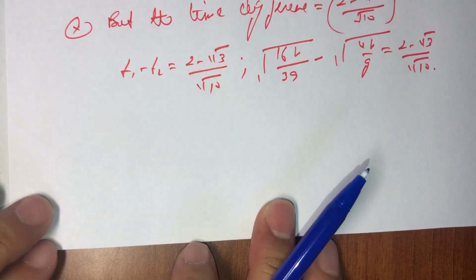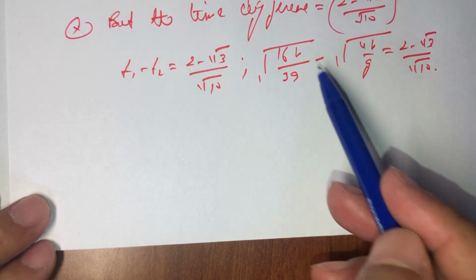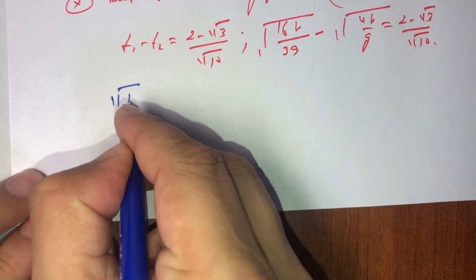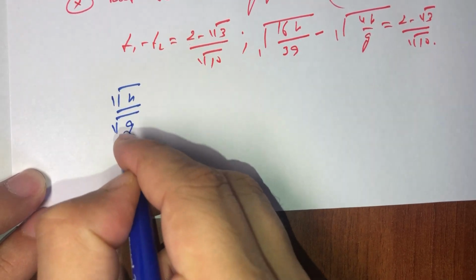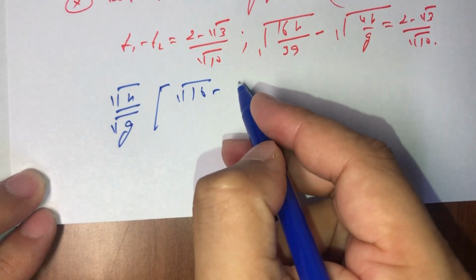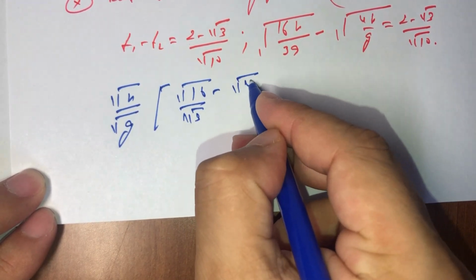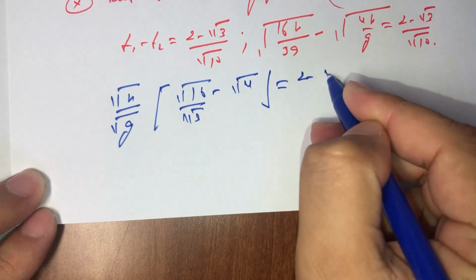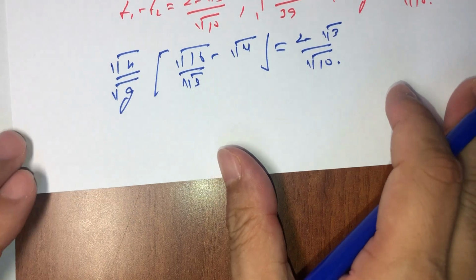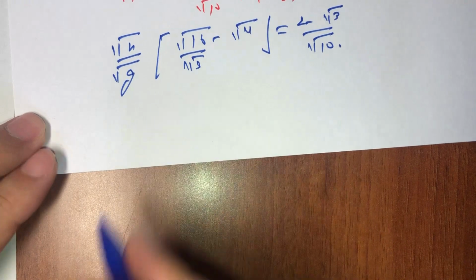So from here we can take common square root of h as well as square root of g. So we get this as square root of h divided by square root of g, and this becomes square root of 16 divided by square root of 3 minus square root of 4, is equal to 2 minus square root of 3 divided by square root of 10. Now the value of g is taken as 10,